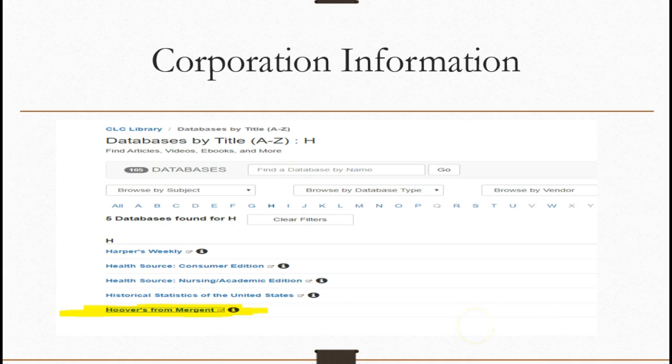Corporate information. Since we are representing Airbnb, which is a corporation, it's good for students to learn about how to access corporate information. Corporations are public entities. I should say they're not public entities. They're open to the public. So a corporation has to file articles of incorporation. They have to make their information about their company public record because of their shareholders' interest.